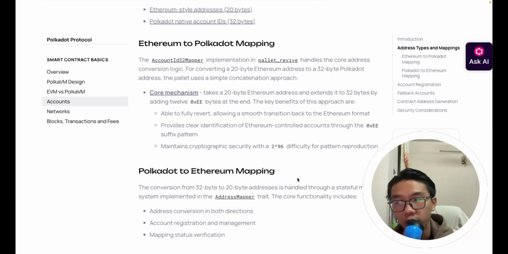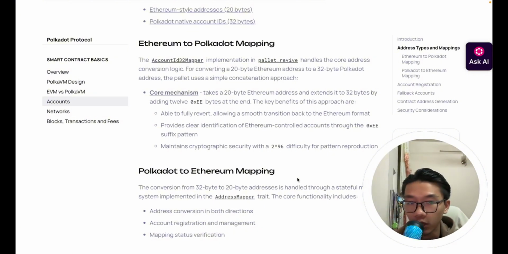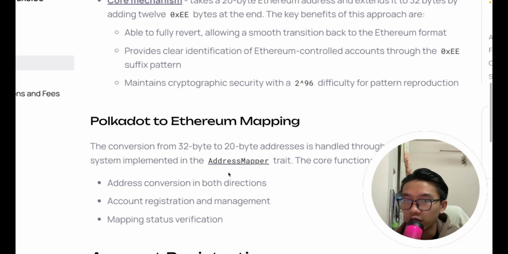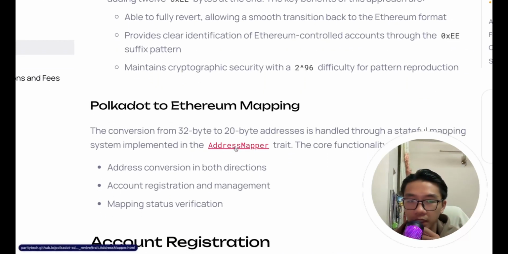So what about the Polkadot to Ethereum mapping? The conversion from 32 byte to 20 byte addresses is handled through a stateful mapping system implemented in the address mapper. If you're interested in the Polkadot SDK and how they do that under the hood, you can search for this address mapper in pallet revive, which is the runtime module for all these Polkadot Hub virtual machines. The core functionalities include address conversion in both directions, account registration and management, and mapping status